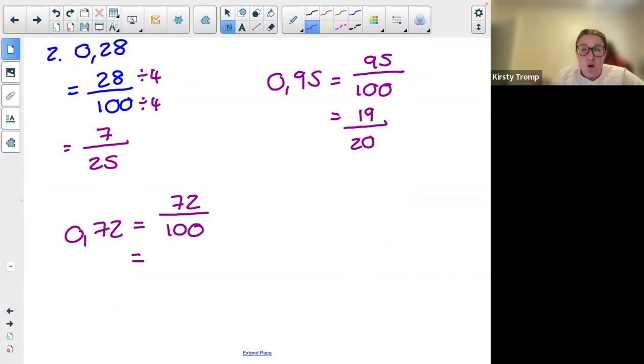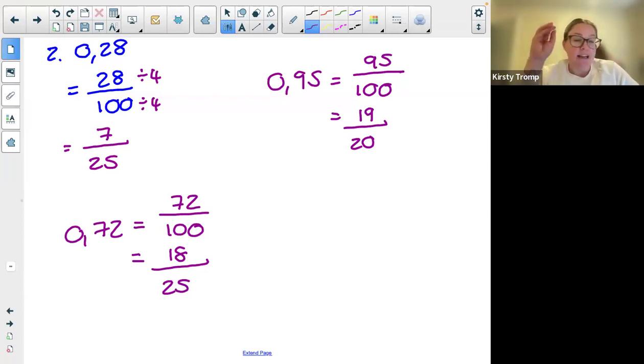What about 4? Could 4 go into both? Tell me, do you agree with me, or am I dreaming? Good, nice. 4 can go into both. So 72 divided by 4 gives me 18. 100 divided by 4 gives me 25. And I'm left with